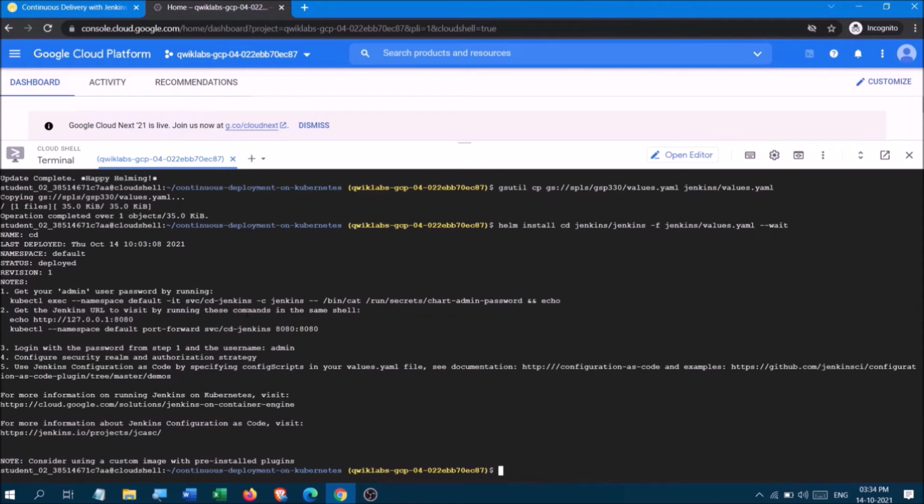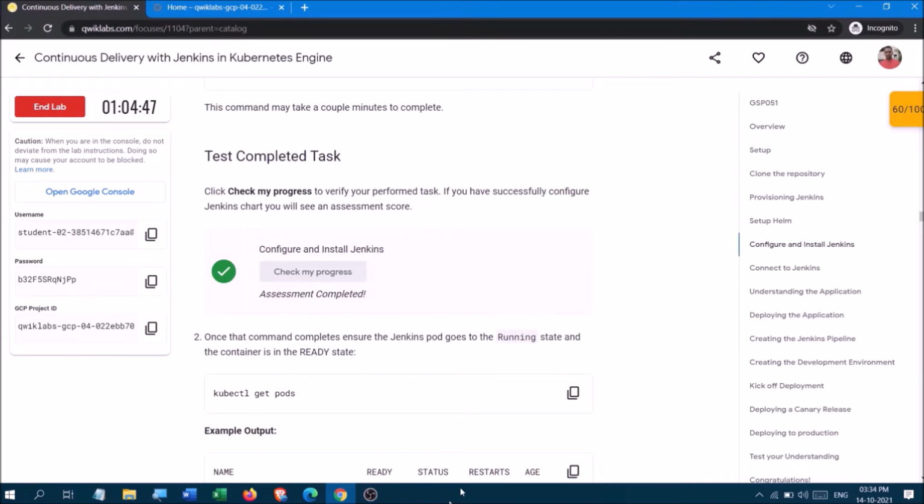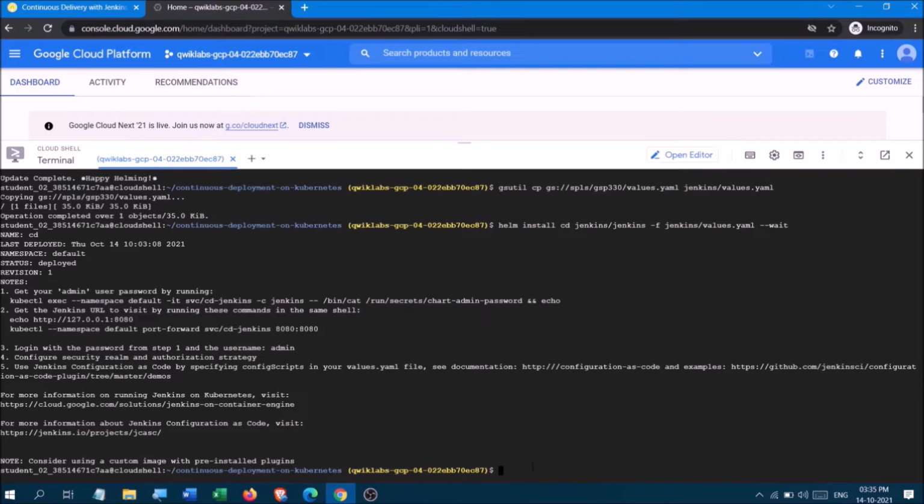Okay, it is done. Now copy this to ensure that the Jenkins pod goes to running state and the container is in the ready state.